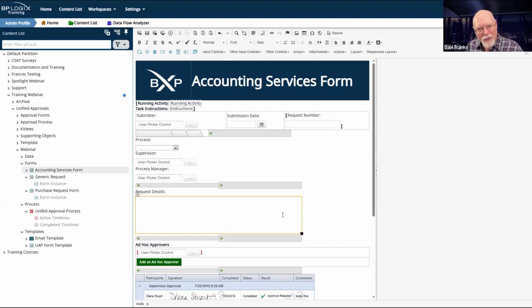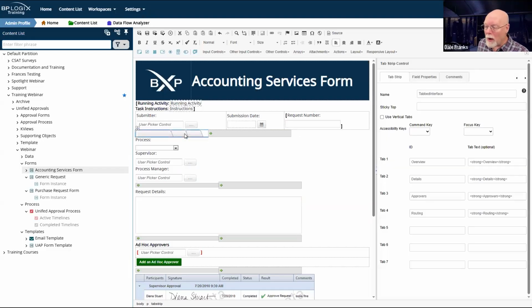Like I said, travel services might need some other special fields so that I have locations and destinations. So it might need to be its own form, but I can have this general accounting services form, or here's something else I can do. I can throw the travel fields onto this form. It's a tabbed form. I can throw new tabs on here anytime that I want.